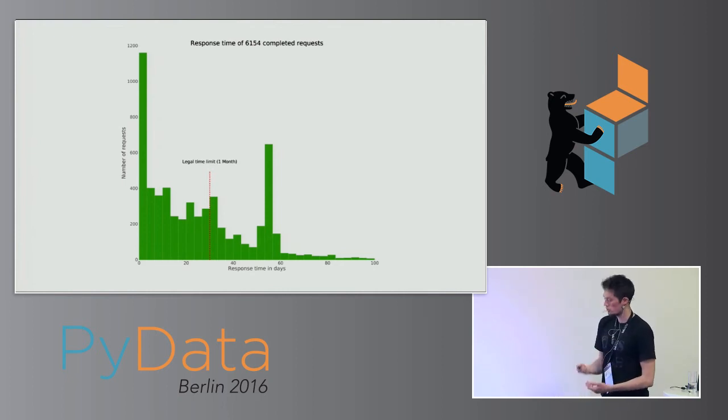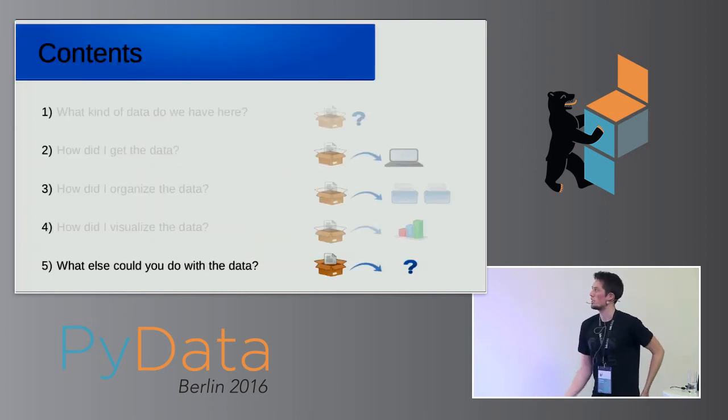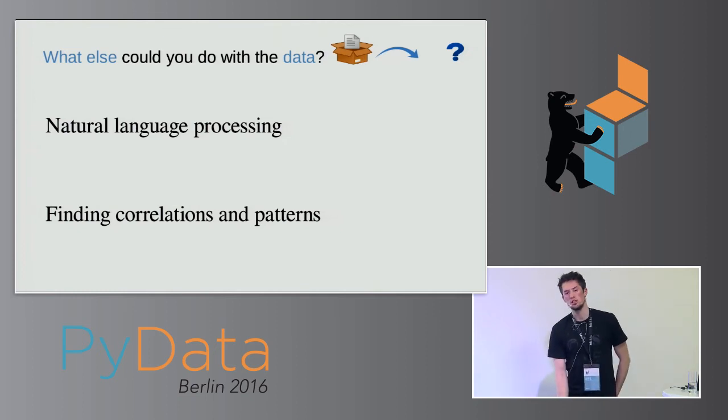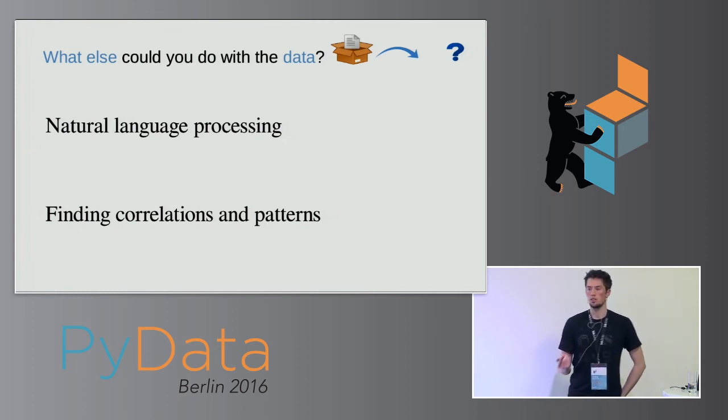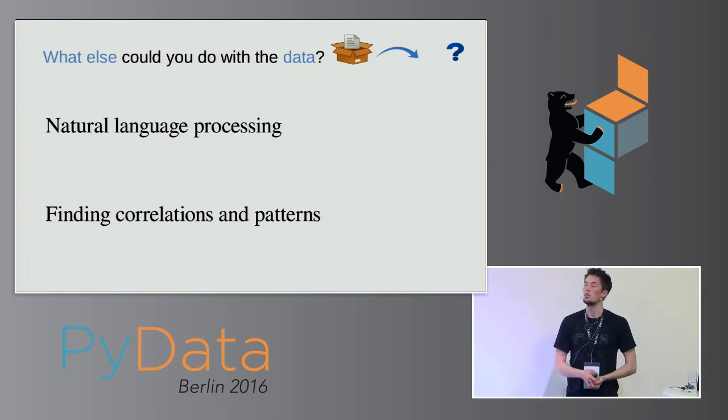Okay, so you can see there are many questions that you can ask the data. I think I just scratched the surface of all the insights that you can get from the data. So what else can you do? What I thought about is natural language processing, because you have all these messages, emails by the public body or also from the user. And for example, you could ask, maybe the user is not asking very politely for the information, and maybe this has an effect on the success rate of the request.